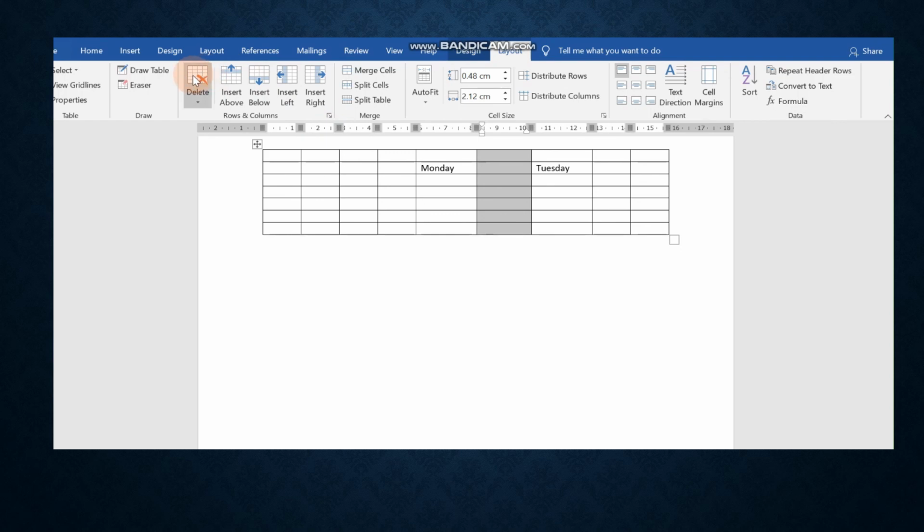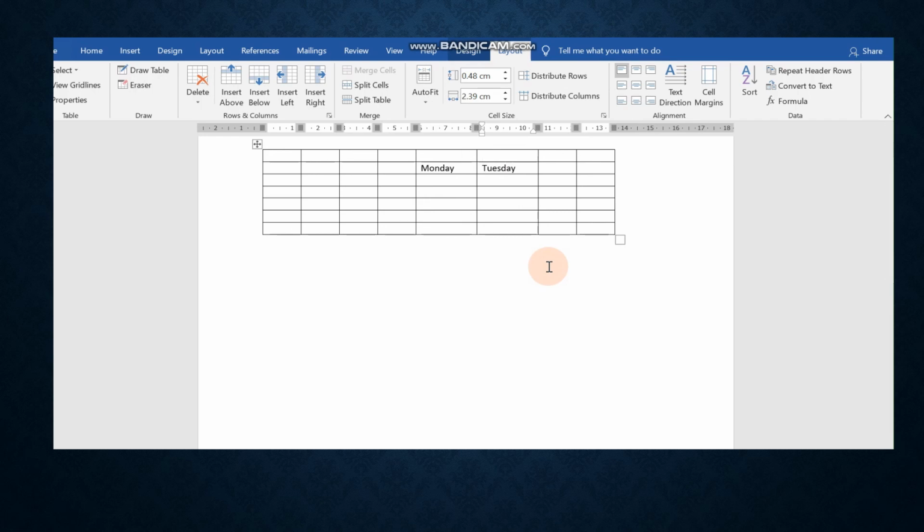You can delete it also easily. Delete the cells. It will ask again. You will press OK and it has been deleted. Like this, you can add as many rows and columns and you can delete it also.